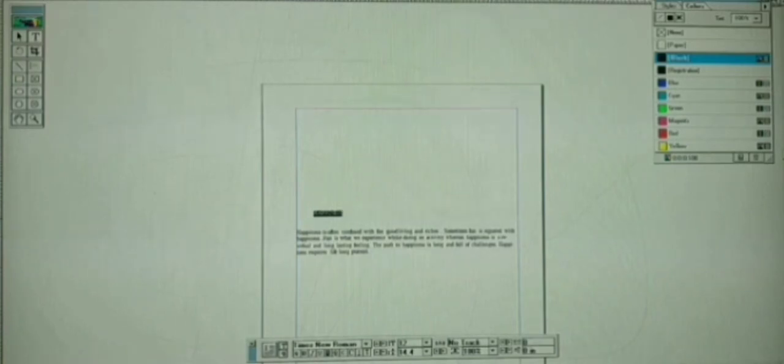I have selected this word for you. Then move to this control palette and click this one. In this, what change do you have to do? You have to change the font to Arial. Here already it is in Times New Roman. You change it to Arial.